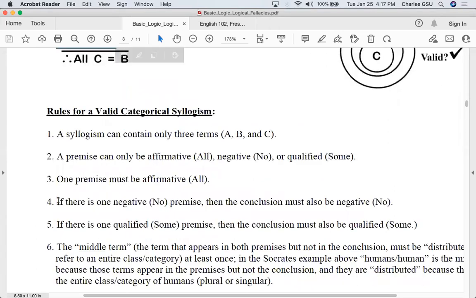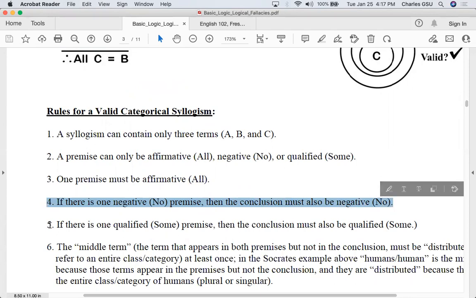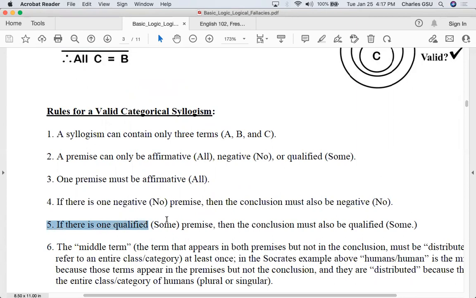It says if one is negative, meaning it's a no, like no people do X, Y, or Z, then the conclusion must also be no or negative. That's an important rule, as well as if one premise is qualified with some, like some people or many people or most people, that's qualifying, then the conclusion must